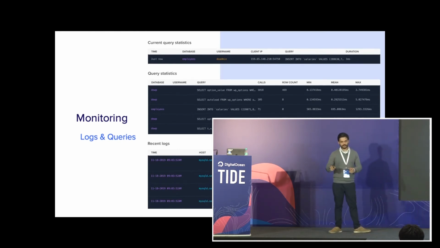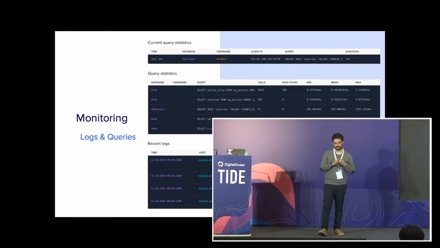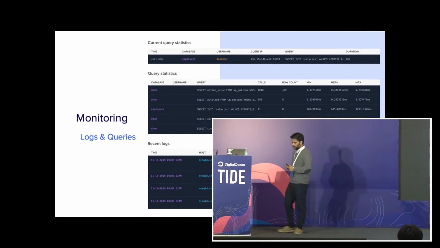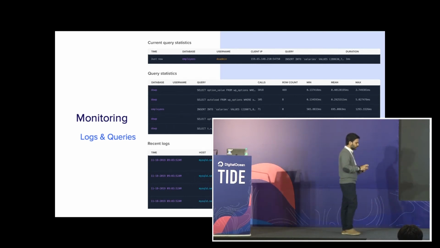Because it's a managed database and you don't have access to the underlying virtual machine, or the droplet, we give you a lot of these from the dashboard itself, right? So you can see your current query, what's running. You can see the last history of query statistics and all the recent logs. So whatever you would normally see, the point is not that